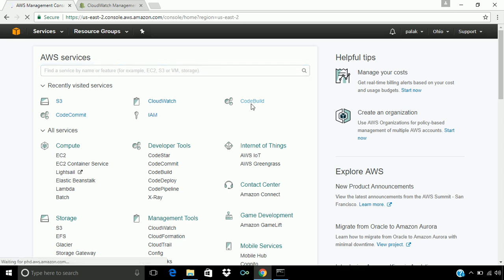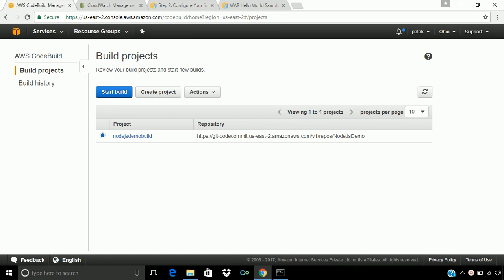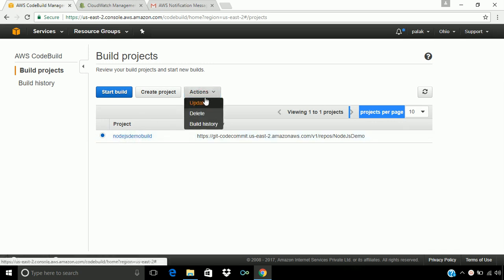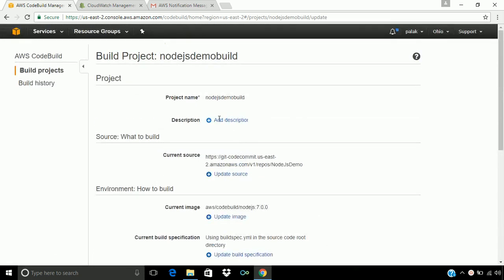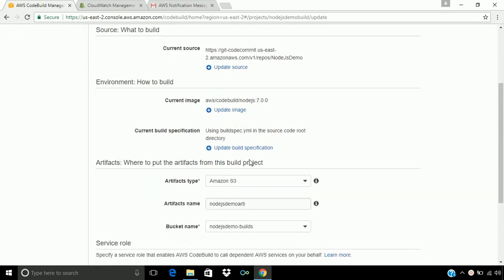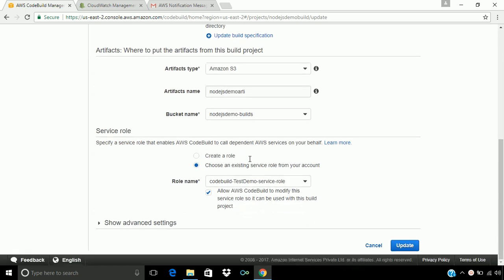Now let's see how we can run the build directly. Just select the build and click on the start build button to run the build directly. And other than that, if we want to update or edit any settings in our build project, then we can select the project and then click on update to change any settings, update any source, or modify any settings which we have already defined for our project.